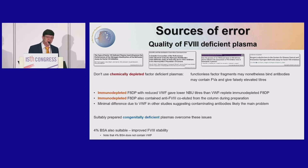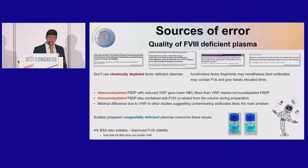Use suitably prepared congenitally deficient plasmas, and I'm obliged to mention that they are available from Technoclone for both factor